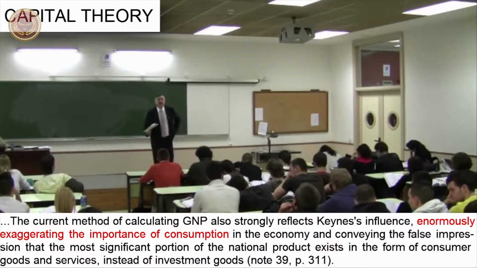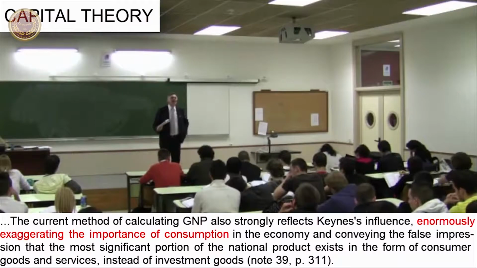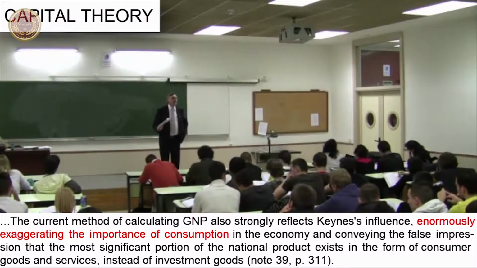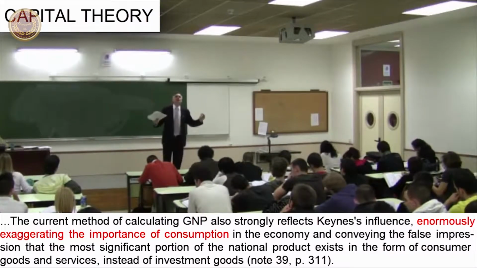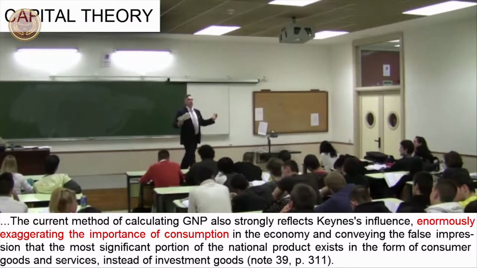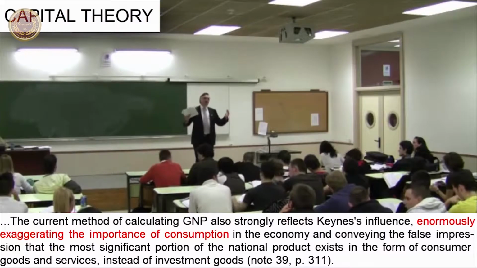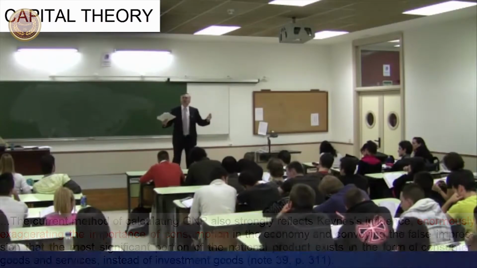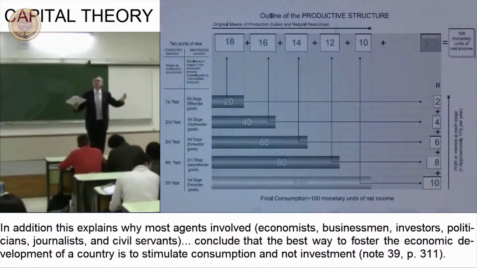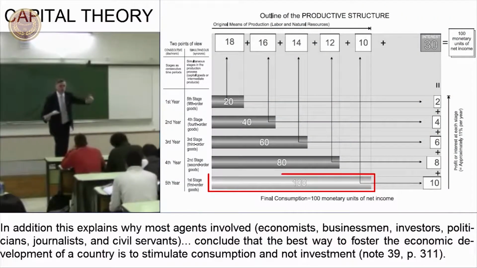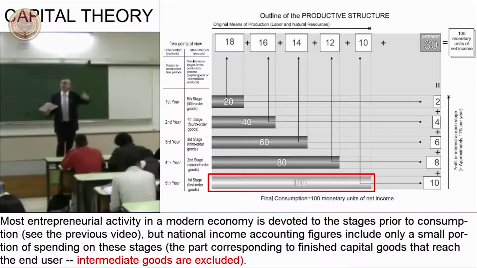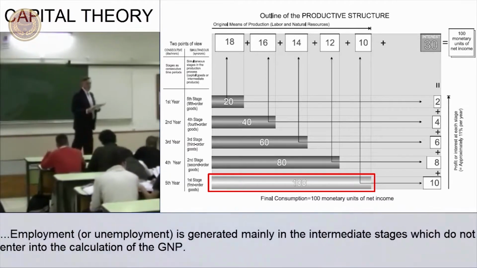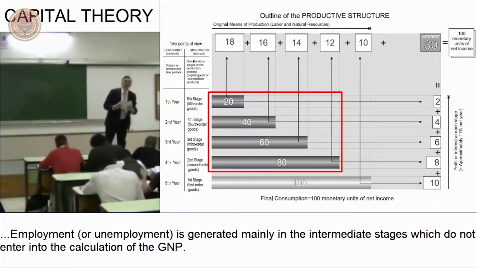Well, it is an excrescence. Excrescence is an elegant academic word meaning a morbid outgrowth, from the economic theory of Keynes, who was bent on exaggerating the importance of consumption. To give you an idea, consumption accounts for 70% of GDP. In other words, it is the largest sector. So, it is reasoned, consumption is essential. That is why Keynesian economists and macroeconomists in general believe that when things are going wrong, it is time to encourage consumption. This is a very grave error, because as we already know, the vast majority of the productive effort put in by all of us and by companies etc. is not found in the consumption stage, but in the prior stages,